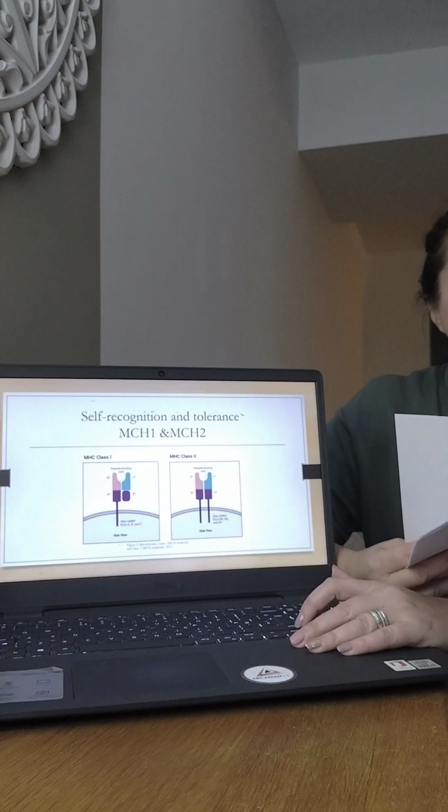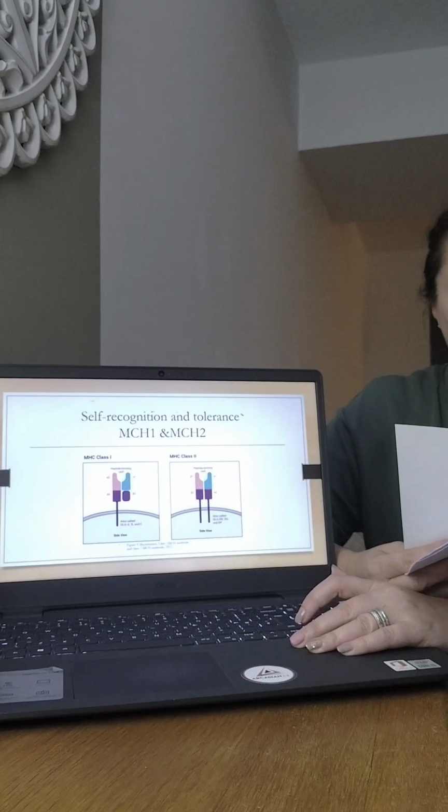Self-recognition and tolerance. When the body has a low immune response to the body tissues, this is known as tolerance. The immune system can achieve this via antigens. When a foreign body is present, the body can recognize this through cell surface proteins MHC 1 and 2 and HLAs,